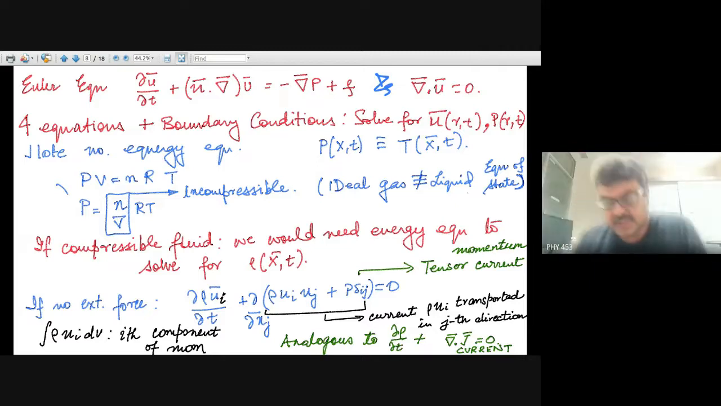What I want you to know is that we didn't have any energy equation. And the reason we don't have any energy equation when we are looking at this is that in the incompressible limit, when volume is constant,